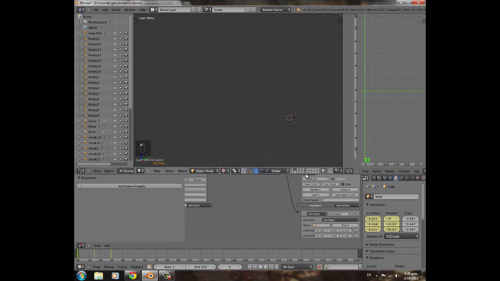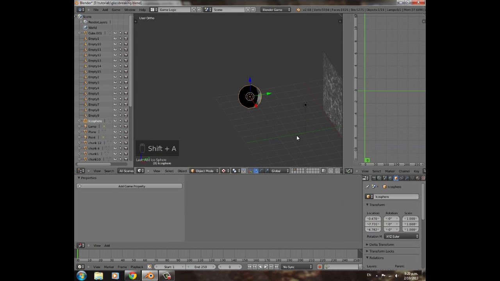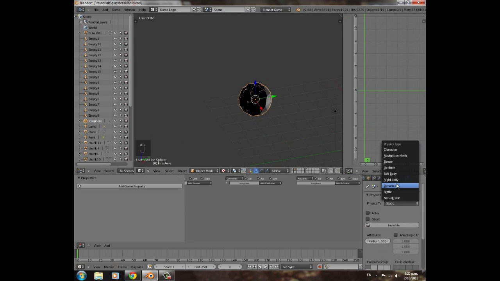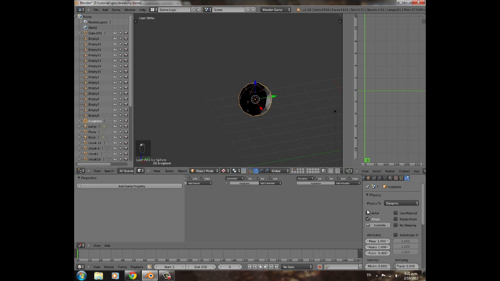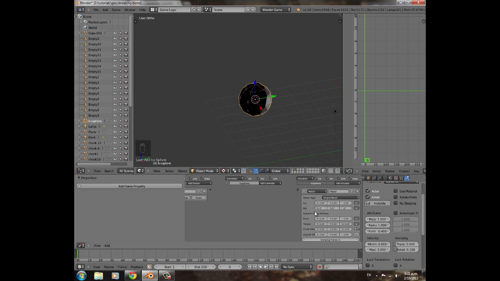And we need an object to add, so go to layer 2, then press Shift A and icosphere, just because low poly, and then add collision bounds sphere, and choose dynamic and ghost as well as actor. Then we need an always sensor and a motion, and it's going to have to be going in the positive Y,